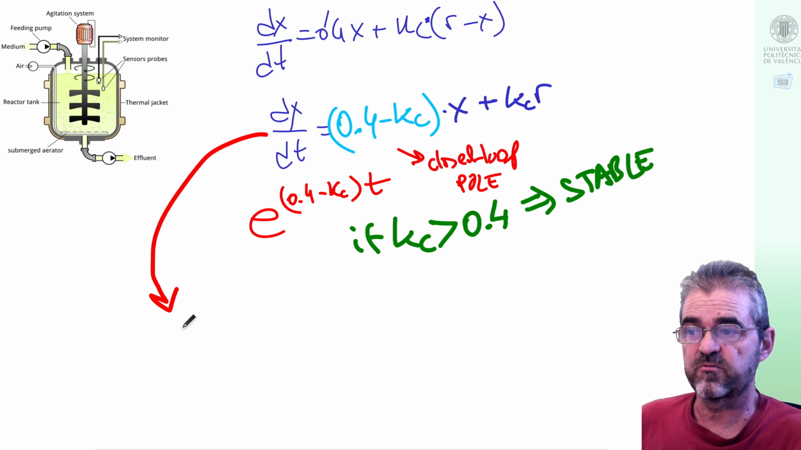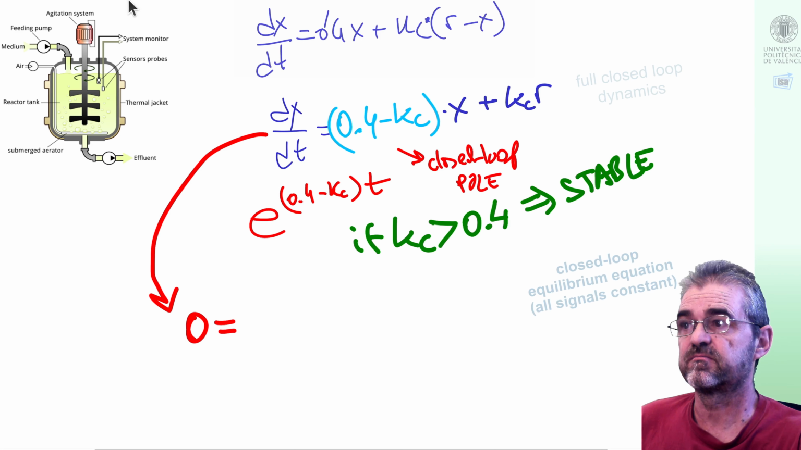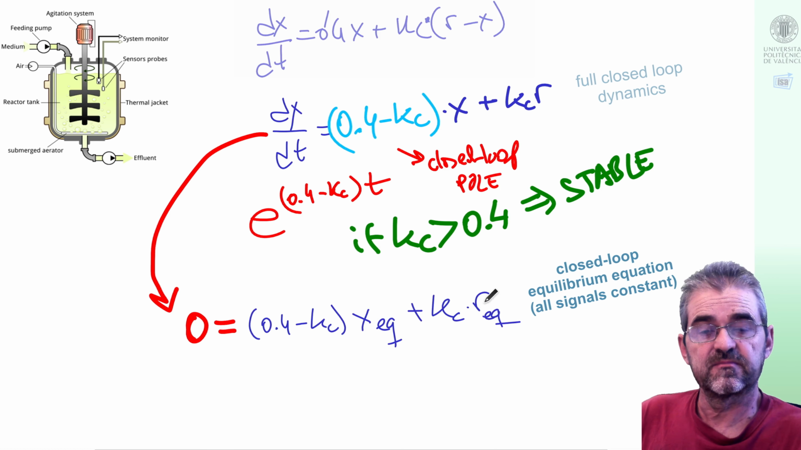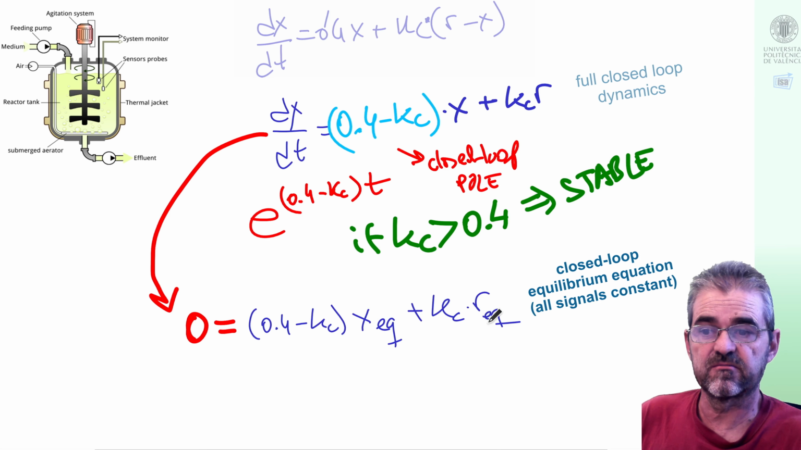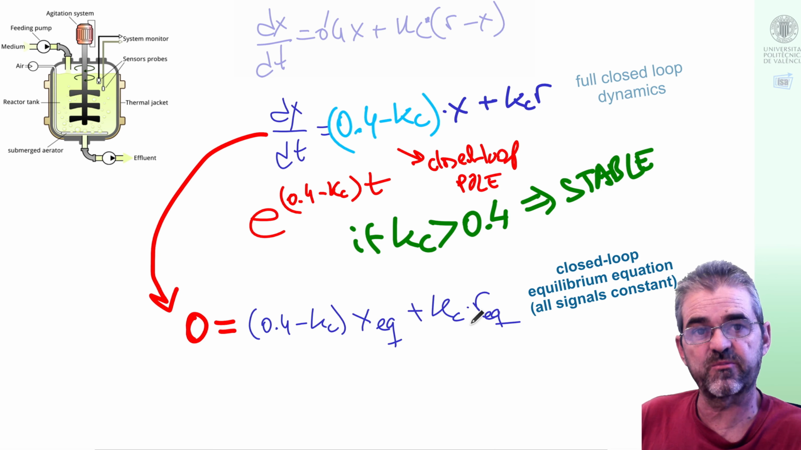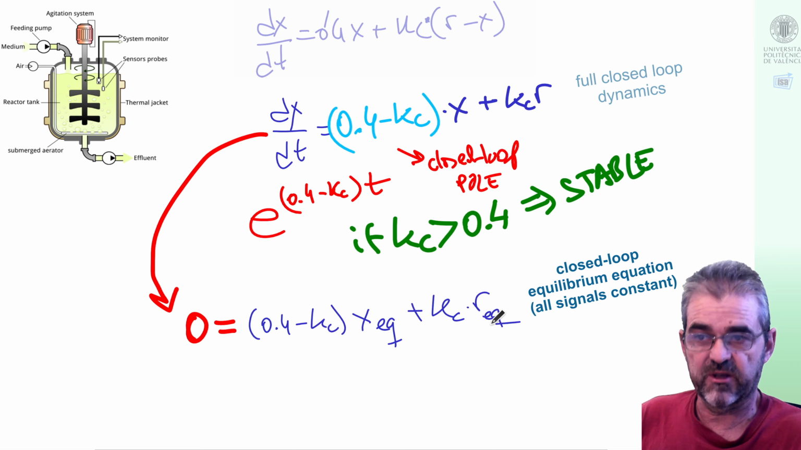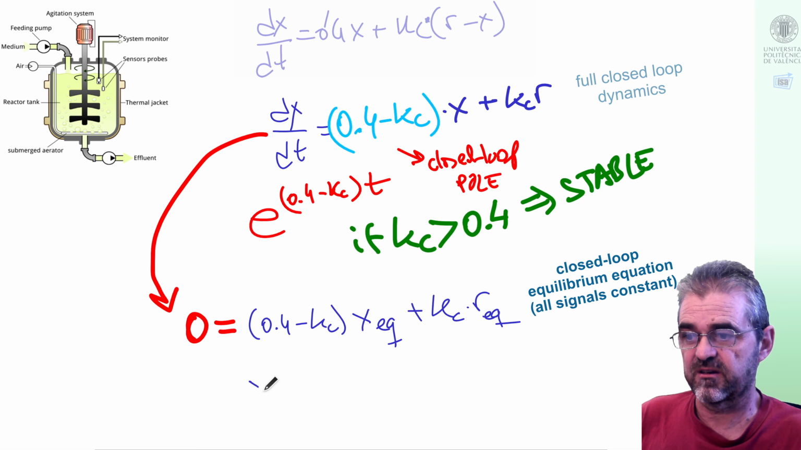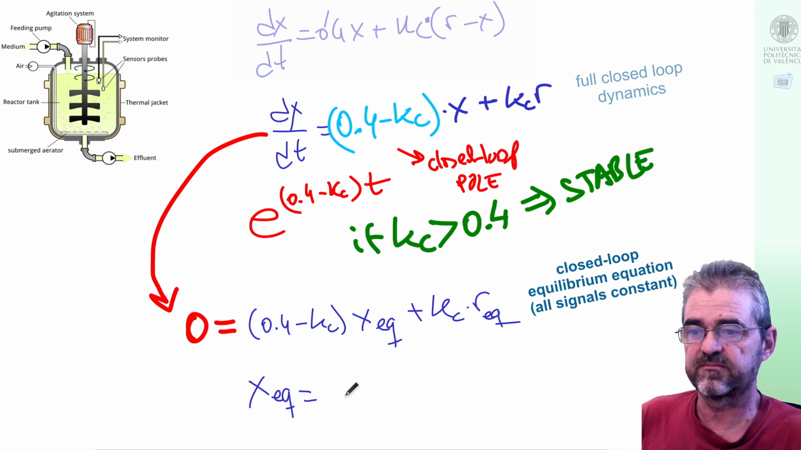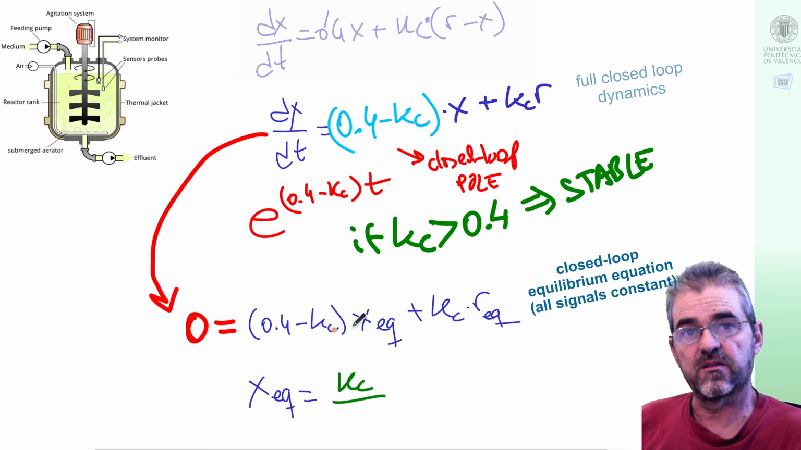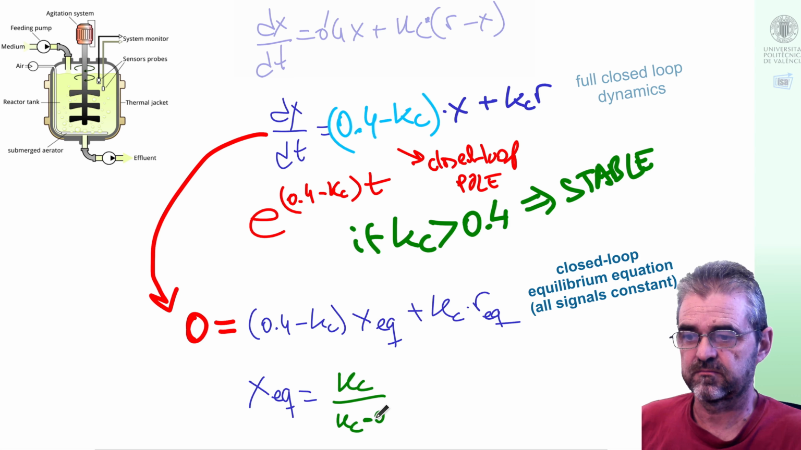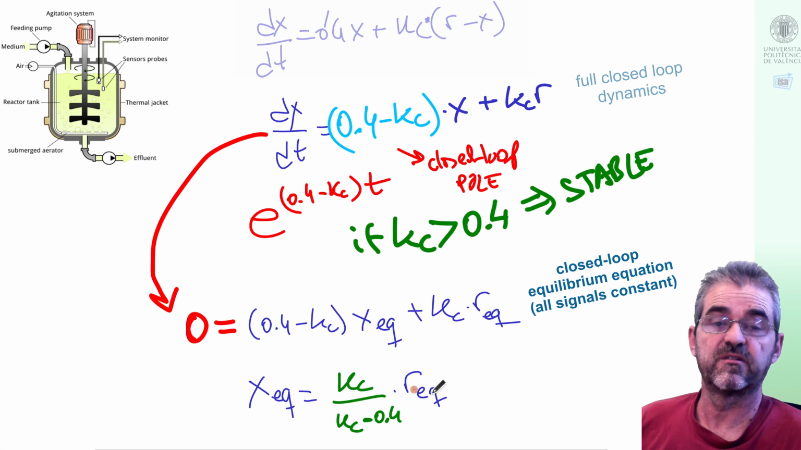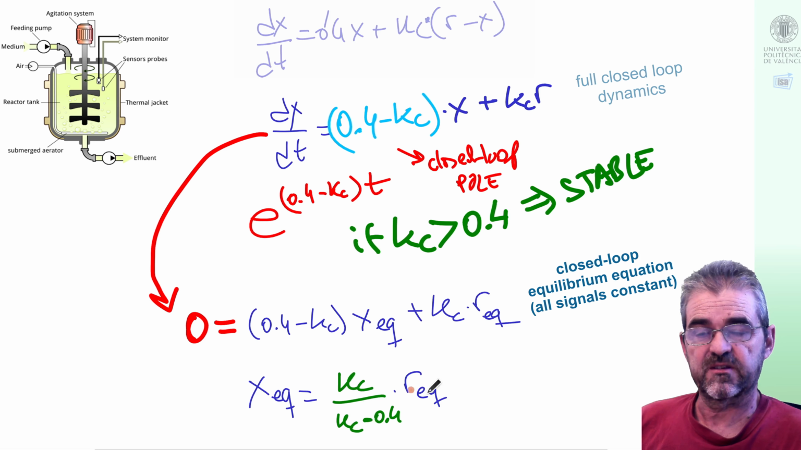The equilibrium value will be obtained by setting derivatives to zero. So if my set point reaches a constant value, which is what we are assuming everywhere, we are assuming that we wish to keep a constant population, so the underlying assumption is that R is a constant, so R and R equilibrium will be the same. Anyway, these are the equilibrium equations, and then the X in equilibrium will be Kc, getting this to the other side and dividing